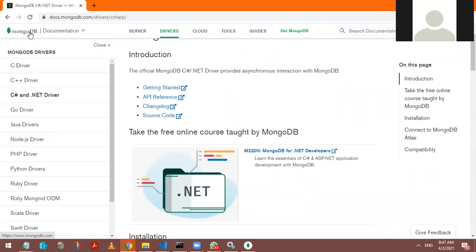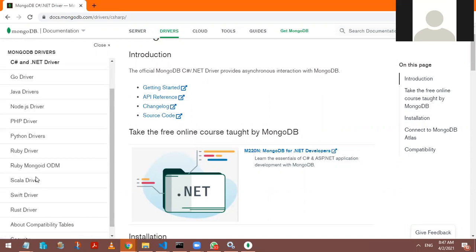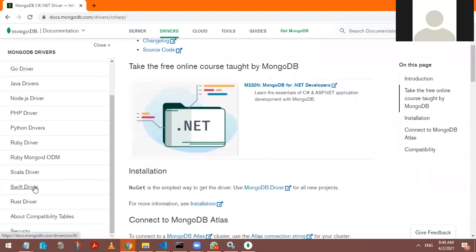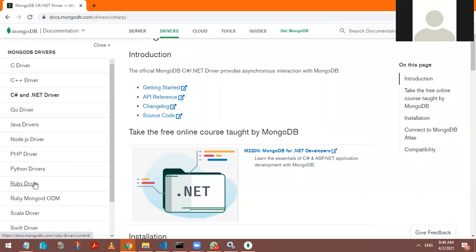So if MongoDB is a database vendor, listen carefully. If MongoDB is a database vendor, they wanted their MongoDB database to be used by a lot of companies. So they will have drivers for all possible languages: a driver for Java, Node.js, PHP, Python, Ruby, Scala, Swift, and the Go language.